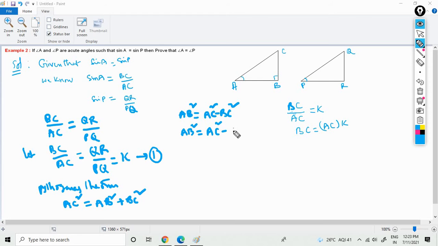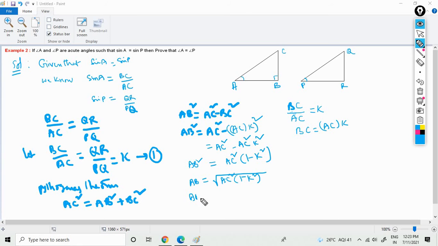So in that case, what I am going to do is AC and K square. What does it mean? Here AC square minus AC square K square will come. So it means AC square common into 1 minus K square. So if I write AB square is equal to this value, then AB is the square root of AC square into 1 minus K square.